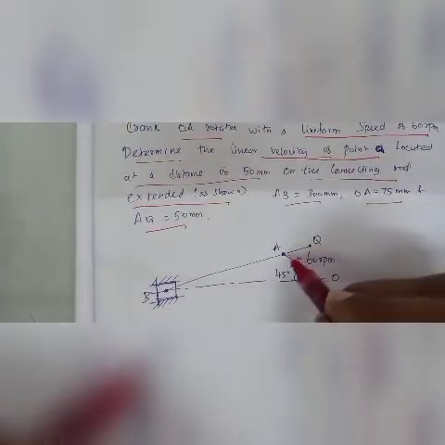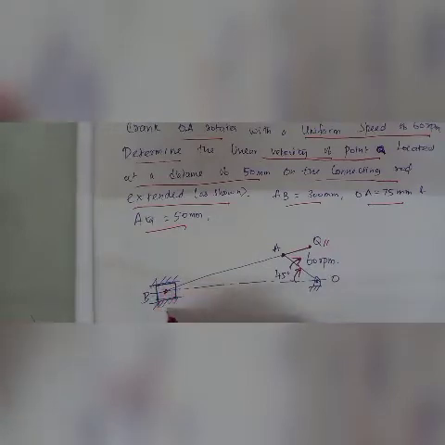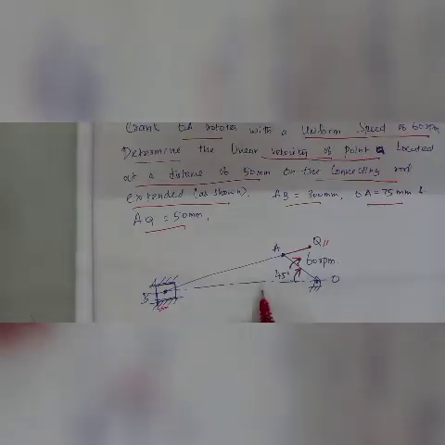So this is the diagram. This is the extended link from the connecting rod, that is denoted by Q, which is extended by 50 mm on the connecting rod. And this is 60 rpm rotating in clockwise direction. The angle 45 degree is also in clockwise direction. So the crank OA and connecting rod AB, and this is the slider, right? So first of all we have to draw the configuration diagram same as this with these values.